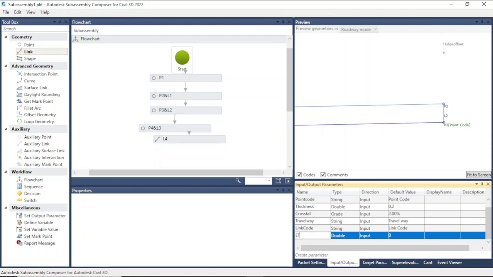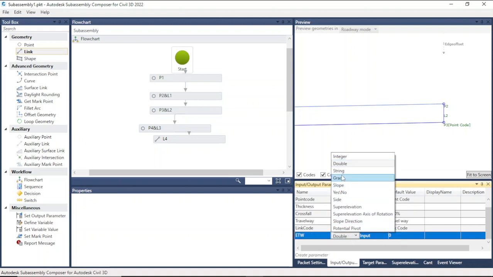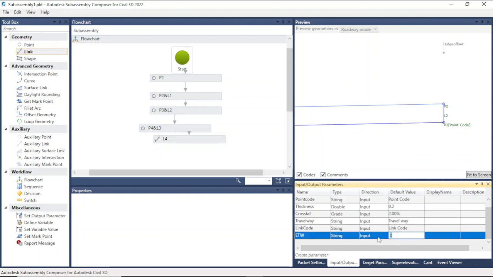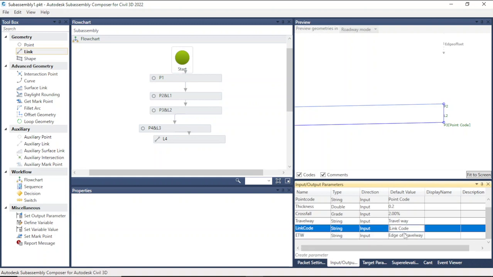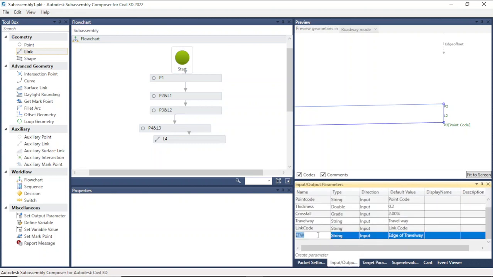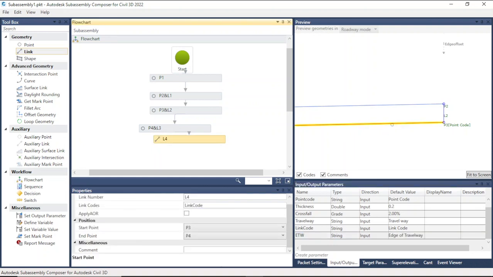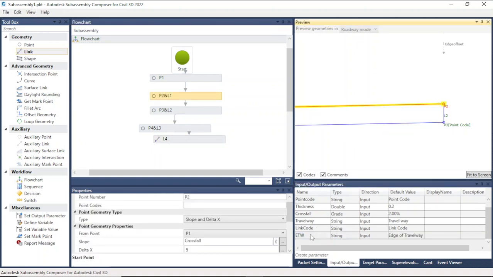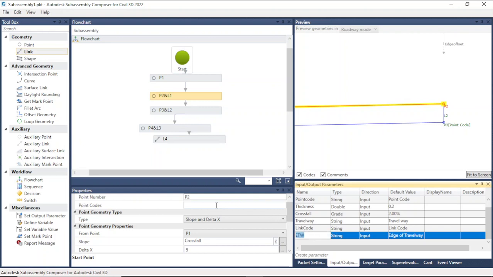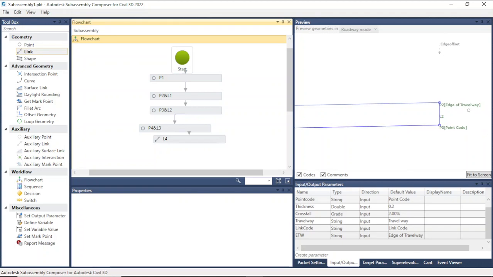so we can call this one edge of driveway, and this one we just give it as, we create a code here, so edge of driveway, so this one you can just copy the code,